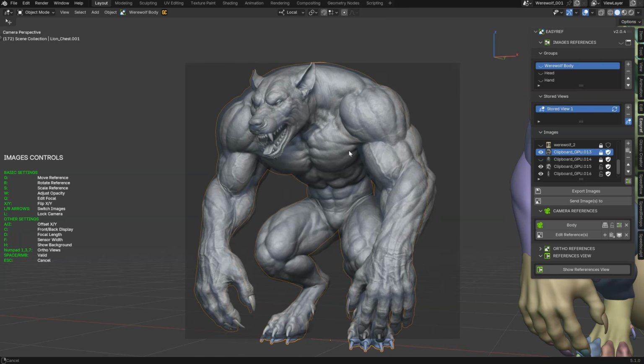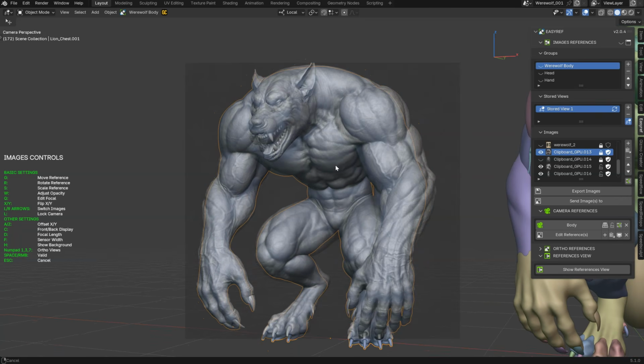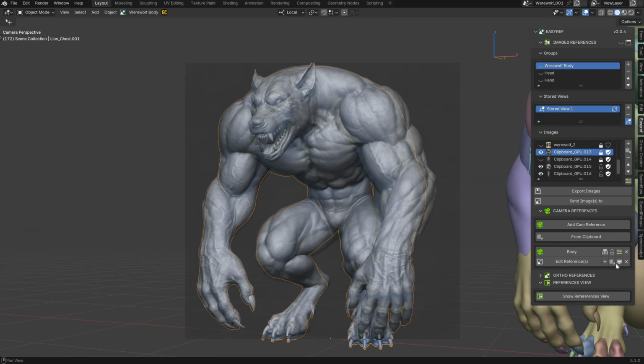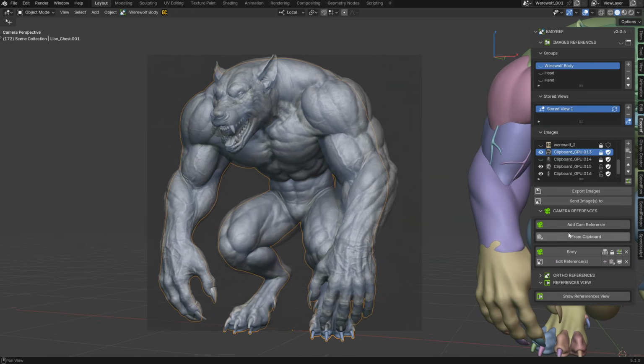Let's try. I can, as you can see, yes, it changes a little bit the character, but this is not so bad. So let's just find a proper version. I will exit. I can lock my camera now, and I will have this, as you can see.